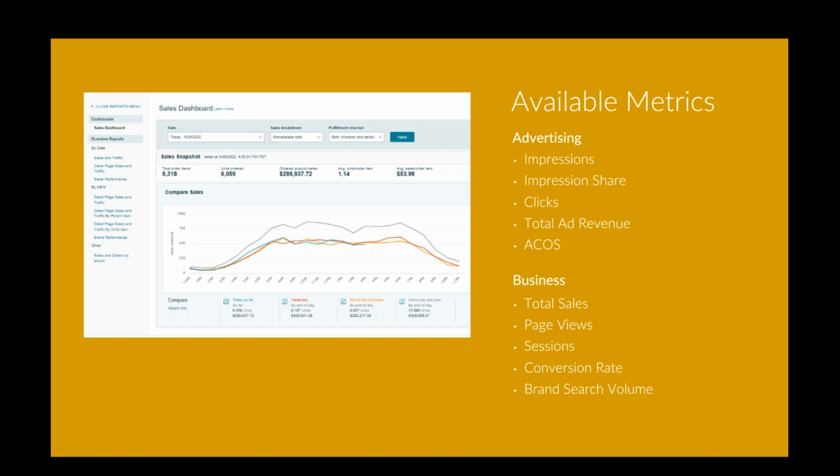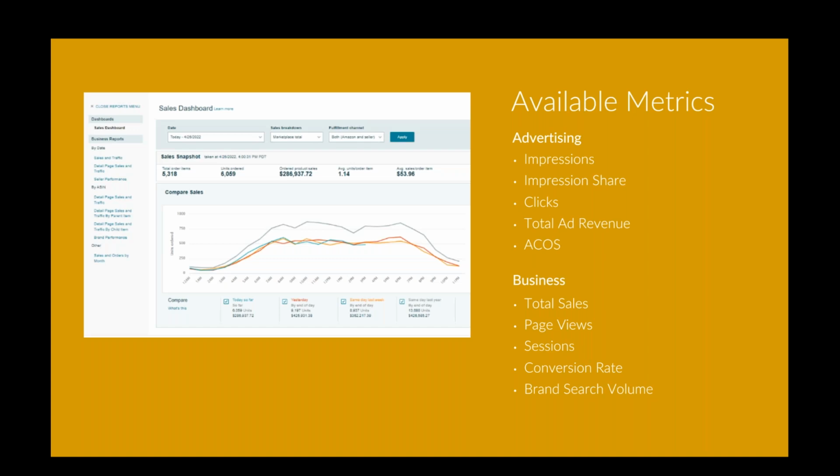What we really want to do with this presentation is dive one layer deeper and look at these secondary or alternative metrics that maybe we're not tracking as closely as we should be, but really how we can use those to get an idea of what's really happening with our brand's performance on Amazon.